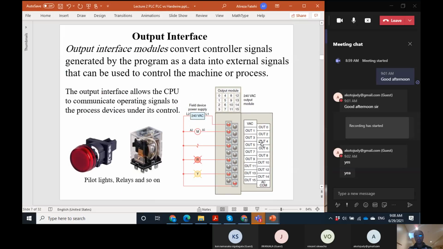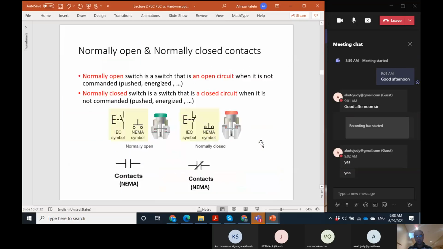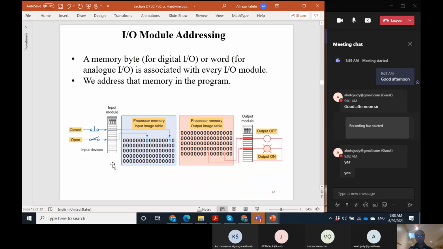So associated with each input and output card, there is some memory. Let me switch here. There is some memory, part of the PLC memory. PLC, of course, as a computer has a memory that is divided between different parts, the program part, the data part, and like that. One part of that is for the inputs. So when the voltage here changes, the input card's task is to read that, let's say measure that, and then according to that, change the state of these